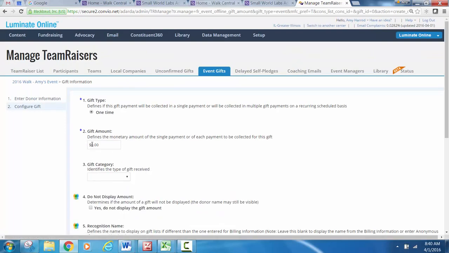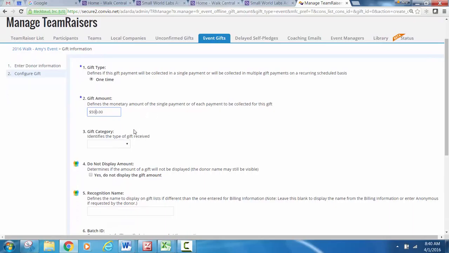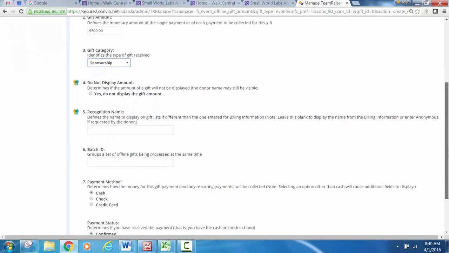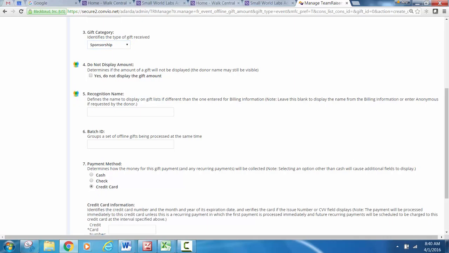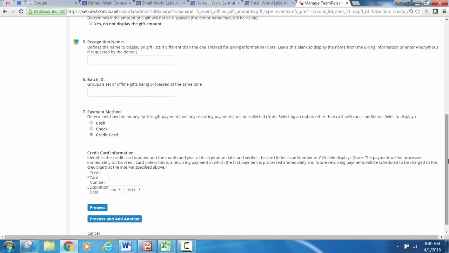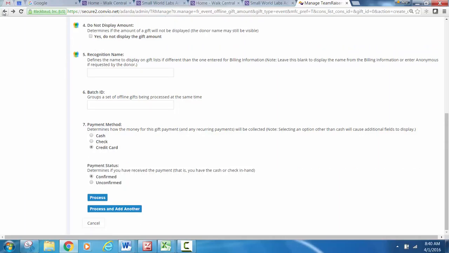And so Herod Law Firm now is going to pay me $500 on a credit card. And then I'll make sure gift category is sponsorship. We still don't do anything with 4, 5, or 6. Payment method is going to be credit card. I will then take their credit card number and put in their expiration date and then click process. Now I have received $500 of that commitment,